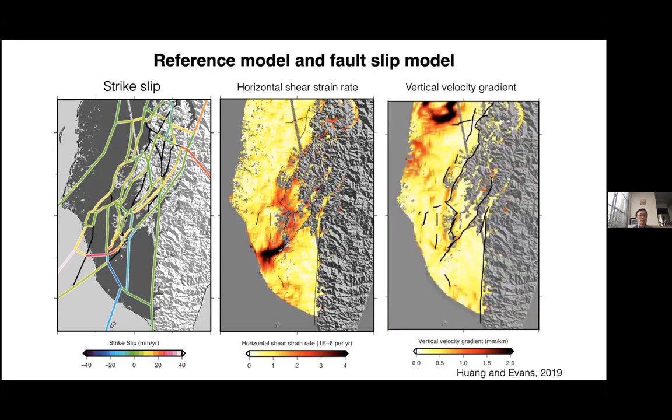We can also look at the vertical. So this is a vertical velocity gradient. Then you are actually seeing the majority of this gradient coming from the land subsidence. So here just highlighting where land subsidence is happening. But in the western foothills, you are actually seeing some relatively higher red color that indicates some kind of uplift